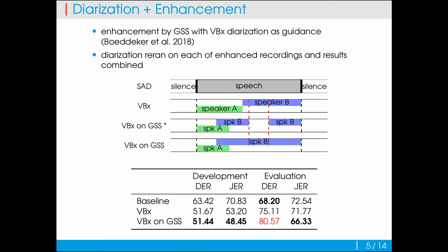However, as I have mentioned already in the introduction slide, we had quite a difference between dev and eval performance, which stems from the diarization. On the eval set, the improvement on JER is slight from using VBx, and on DER, VBx even hurts the performance. Our suspicion of why this happens is that on the evaluation set, there is a bigger portion of silence, and also the speech activity detection has quite a high false alarm rate.